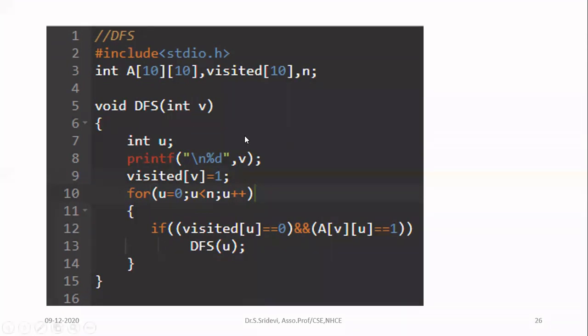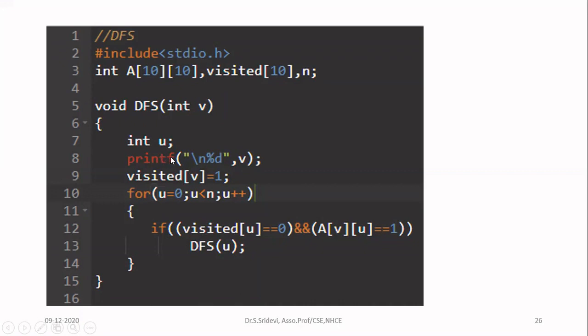What you have to do in DFS: first, you have to print that vertex. We have seen 3 steps in DFS totally. First, in the visited array, we will make the entry 1. After that, we will push it onto the stack. Then we will print it in the output. Here, pushing onto the stack will be taken care of automatically by the recursive DFS function call. You will not push it. The remaining 2 things you have to do.